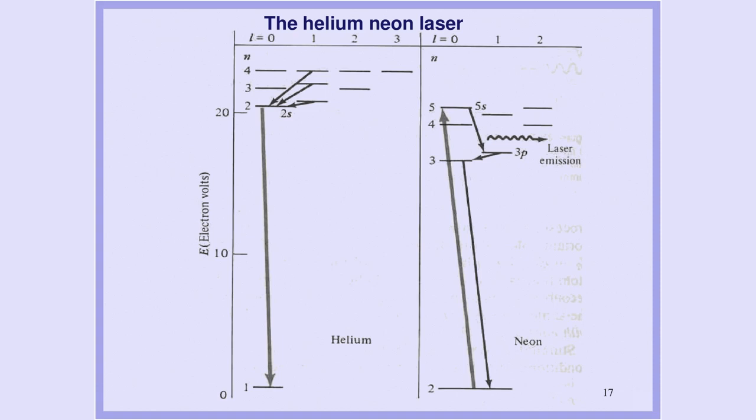In effect, the continuous fund of 2s electrons in helium is pumping electrons into the 5s state of neon. The laser action then occurs when the electrons of the 5s state of neon fall into the 3p state,